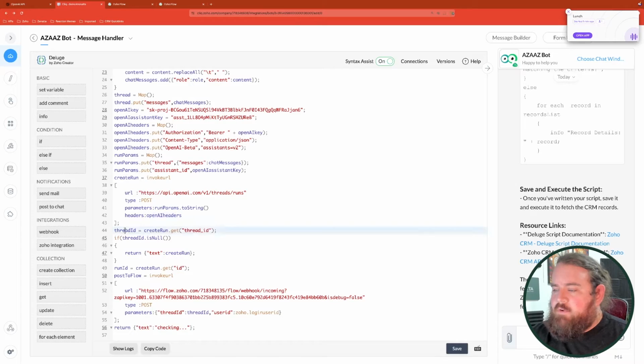So we're going to actually have to use Zoho Flow. But first, I'll get my thread ID that's created in this same run. I have here just a little error handling that if the thread ID is null, meaning that something went wrong, then I want to see the response from that OpenAI call. I also get the ID of the particular run that was just created, and now I'm going to post this